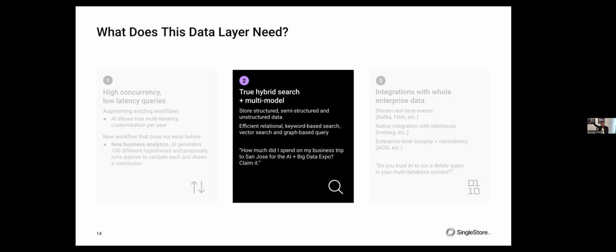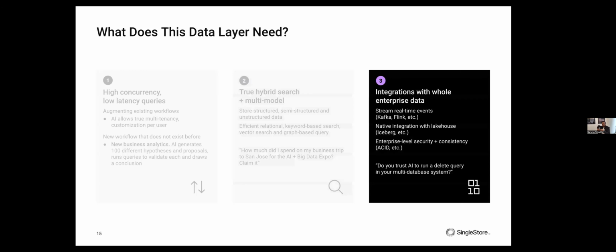The flaw and the downfall of that model is that your data is in 5 different places, managed security in 5 different ways, in 5 different query types. With the operational data layer, you need a single place that allows hybrid search and is multi-model to query that data. And finally, the integration layer to stitch all of your data points together.